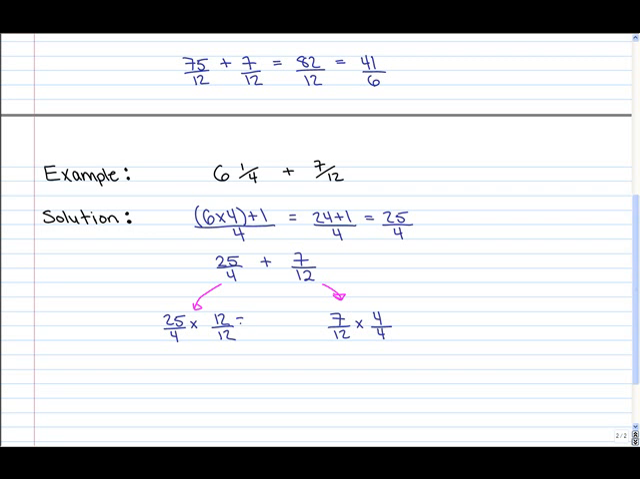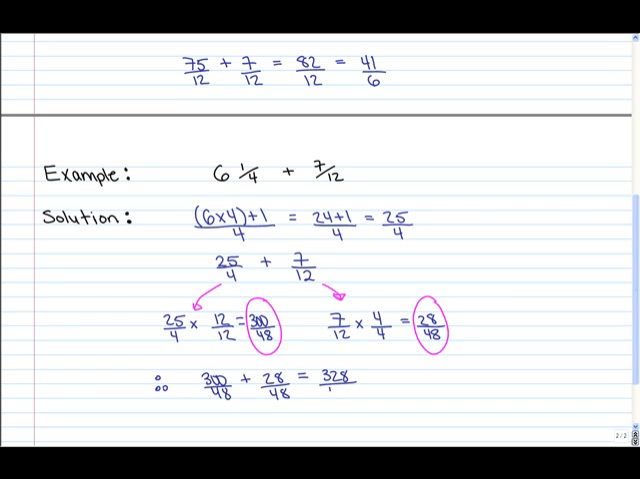Now this first one on the left would give me 300 over 48, while the second one would give me 28 over 48. Now you'll notice that this isn't the least common denominator. However, they're both the same denominator, which makes it a common denominator. Now we can add those two fractions. So 300 over 48 plus 28 over 48 would give me